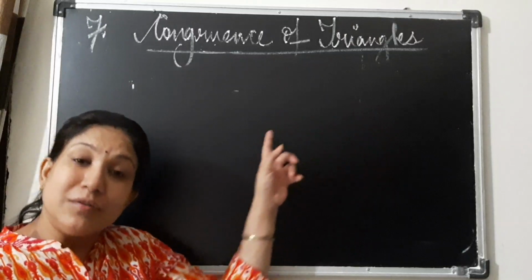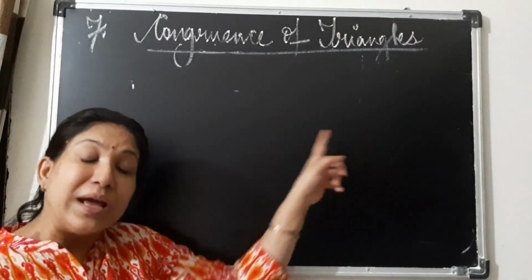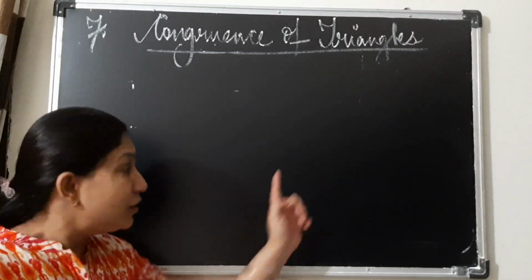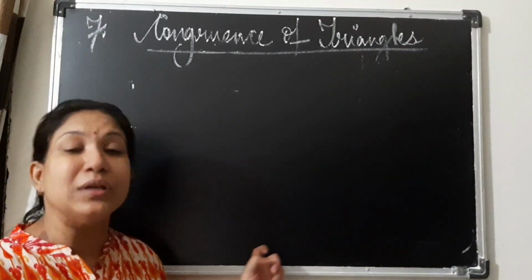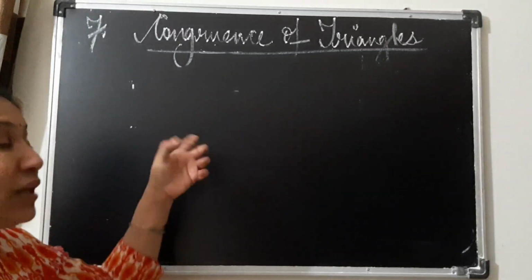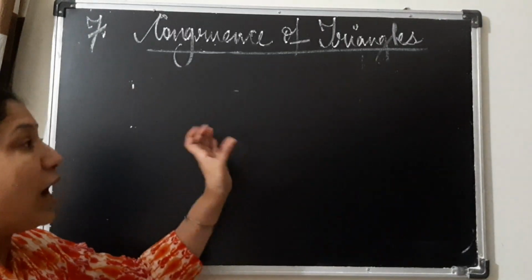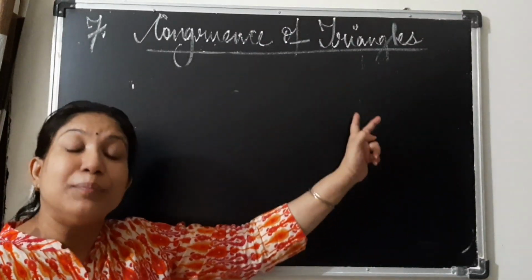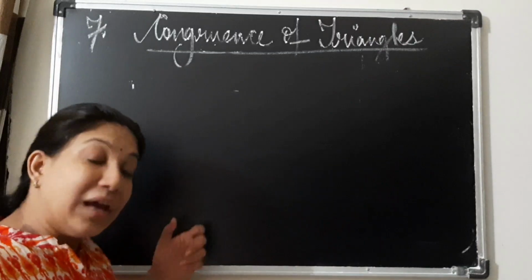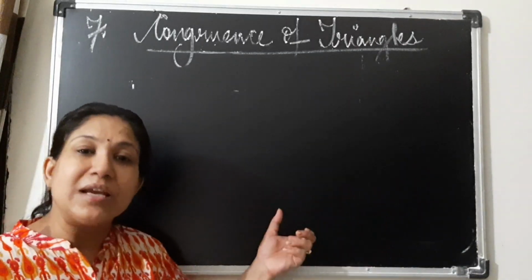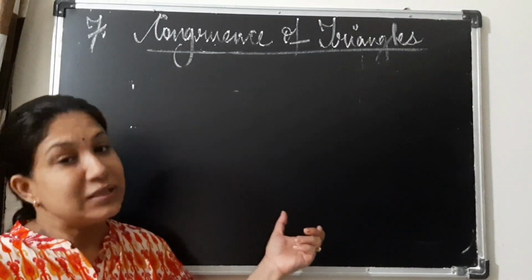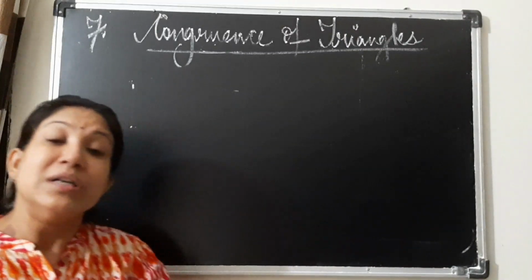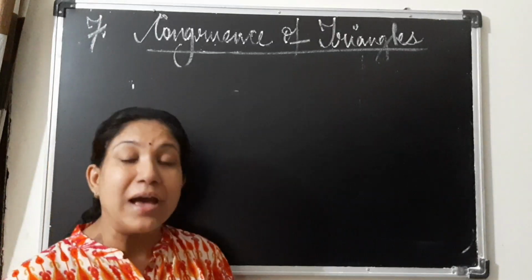Suppose for the first pair, the two line segments are not congruent. Then write down below: note that the two line segments are not congruent to each other because when you take the trace copy of one object and place it over the other line segment, they are not exactly and completely over each other. Therefore, the line segments are of different length. Have you understood? Same way for pairs of angles also.